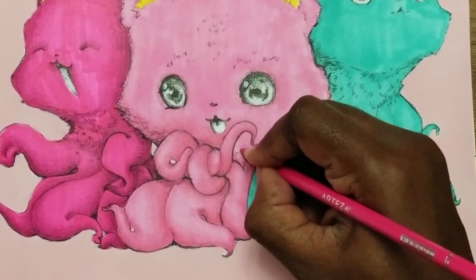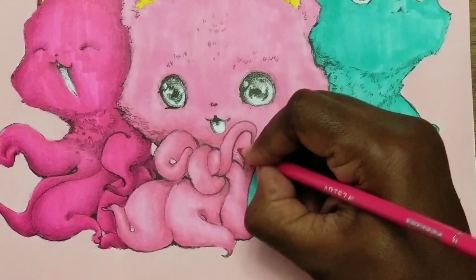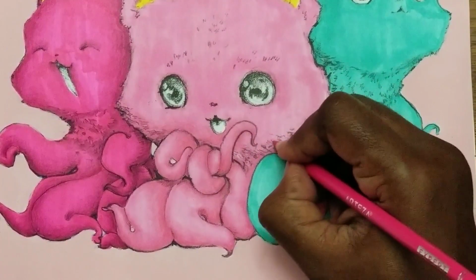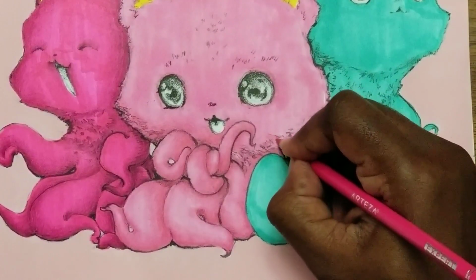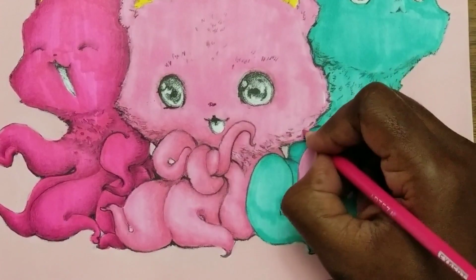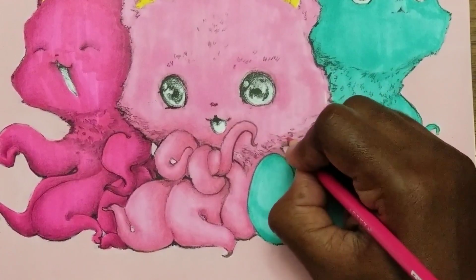I don't mind coloring flowers. Actually, I like to color flowers. I'm not really good at doing it, but sometimes I have to use references. And sometimes when I'm looking at a flower, I don't even know what flower it is. And if the book doesn't tell me, then I'm guessing, or I'm just using whatever colors I want to use,